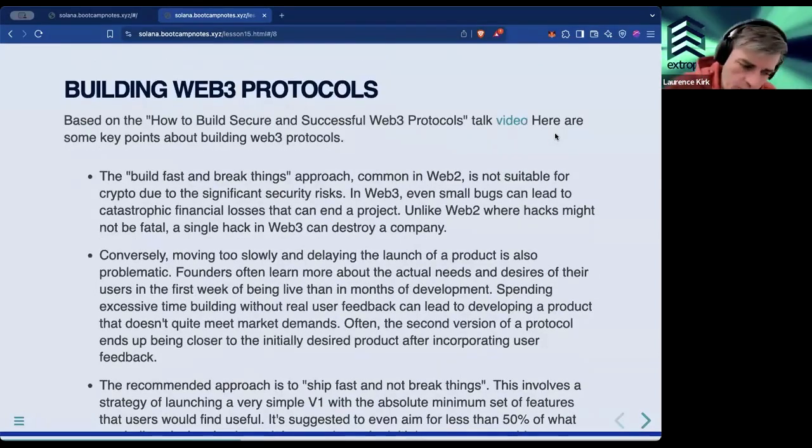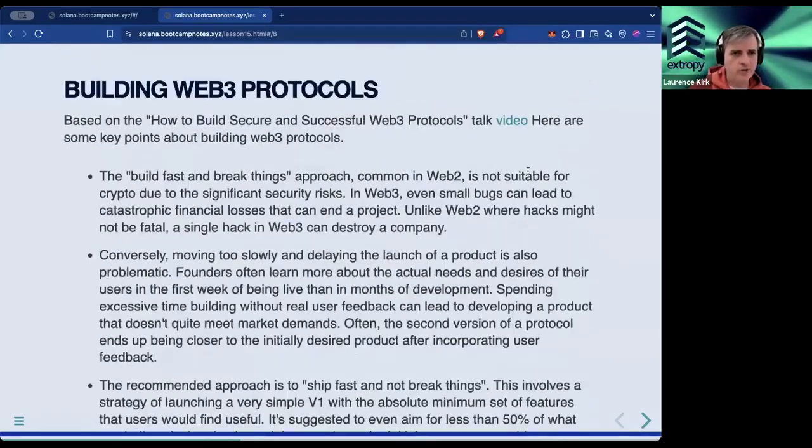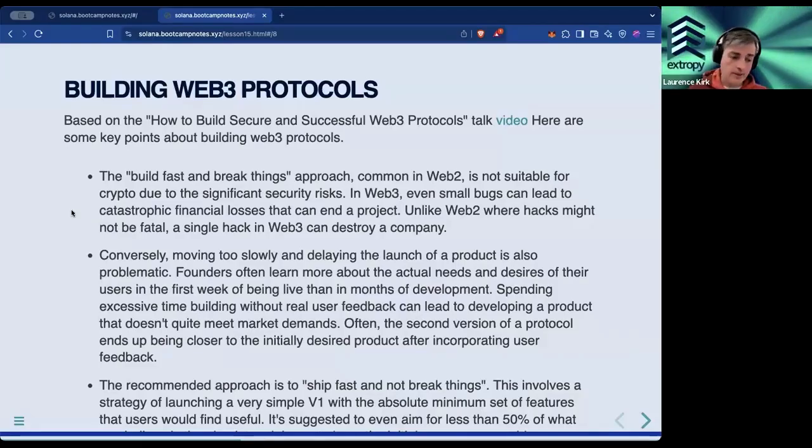This is a very general bit of advice that I wanted to share with you. It's a talk I saw, and there's a video to it. It's talking about really stepping back and talking about building projects generally in Web3. And I think it's worthwhile thinking about some of these points, especially, well, for your final project, maybe you're not going to take that as seriously. But if you're thinking about a startup, if you're thinking about creating a product, I think there's some useful